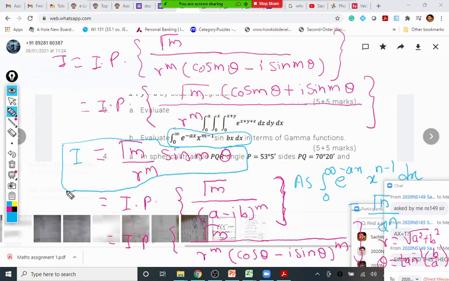Nothing we did here. Once we come across this step, we just did a rationalization, multiplied by the conjugate of the denominator. The conjugate of the denominator is cos m theta plus i sin m theta. Here it comes in the numerator, and when you multiply these two brackets in the denominator, that is coming as 1, and you get this as the answer there. Got it, sir. Any doubt? Anyone else?